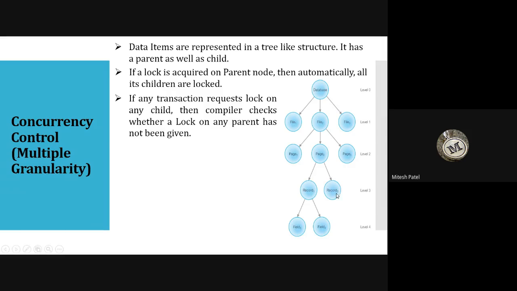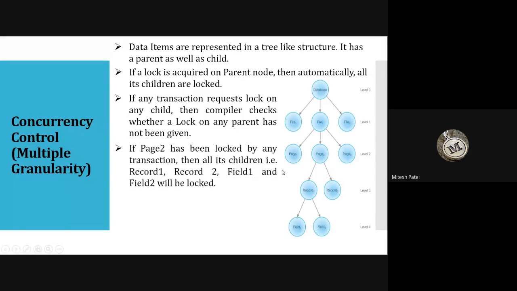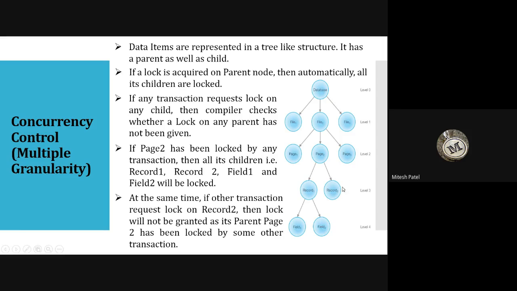अगर रिकॉर्ड 2 पे मैं लॉक लगाना चाहता हूँ तो उसके पेरेंट्स को लॉक नहीं लगाना, वो चेक करना पड़ेगा। Same example I have given here: if page 2 has been locked by any transaction, all its children, page 2 के children, record 1, record 2, field 1, field 2 will be locked, चारों लॉक हो जाएगा।